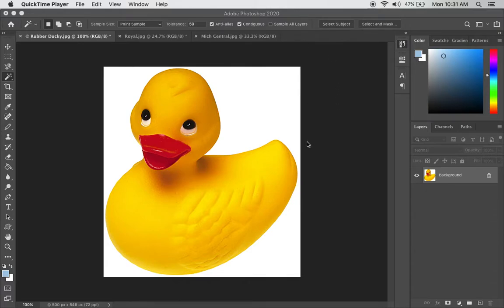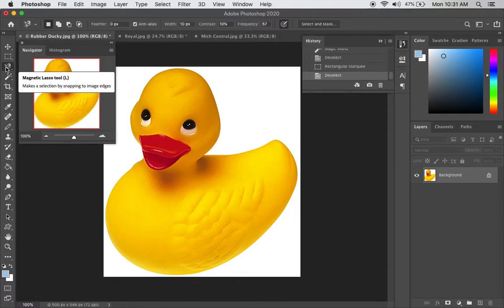So back to our ducky here, and using our freehand selection, our lasso tools up here, it is just above the magic wand tool. If I click on that, or hold down left click, I can see my three different options: the lasso tool, the polygonal lasso tool, and the magnetic lasso tool. I'm on the magnetic lasso tool, so I'm going to give you a quick, very brief overview of how this